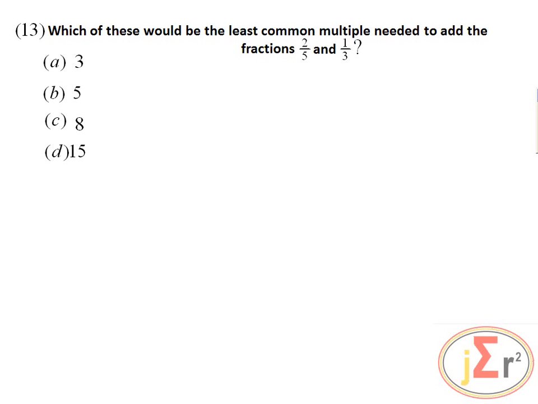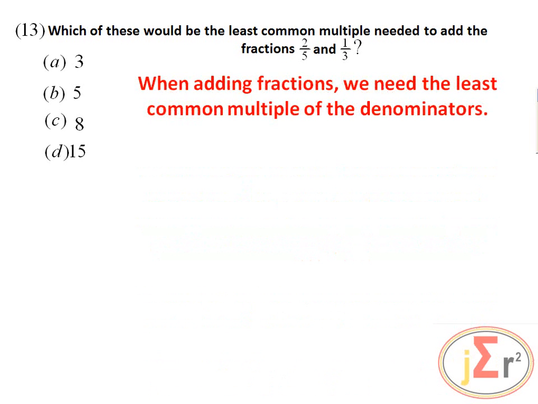Which of these would be the least common multiple needed to add the fractions 2/5 and 1/3? So we need the least common multiple required to add the fractions, which are 2/5 and 1/3. When adding fractions, we need the least common multiple of the denominators. So I am asking Jerry, if we need the least common multiple of the denominators, what are the two numbers that we need the least